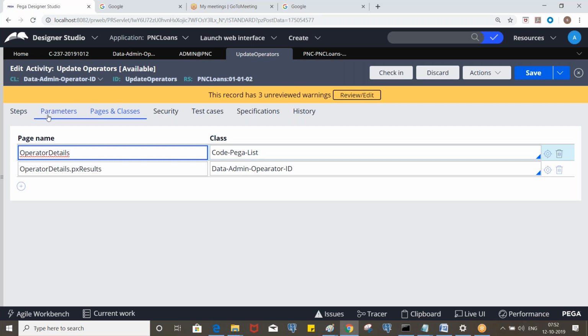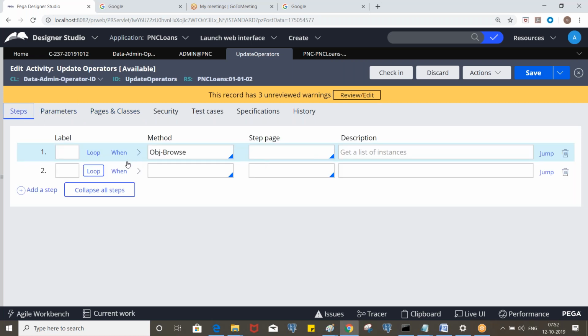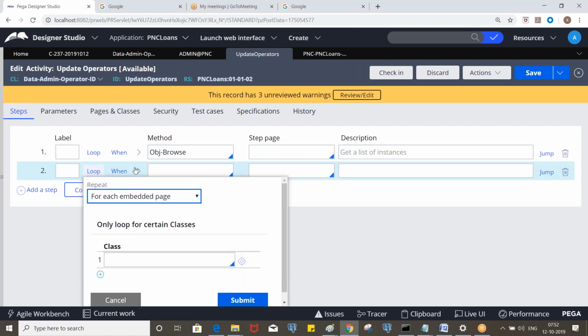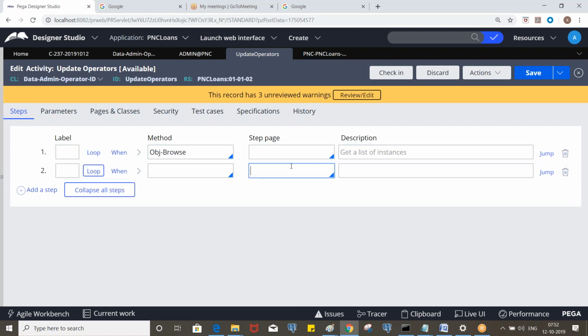The similar. So whenever you use for each embedded page, you must define the step page as a page list. Okay, so let's say if you put only operator details, it is not a page list, it is a page, right? So it will throw an error.